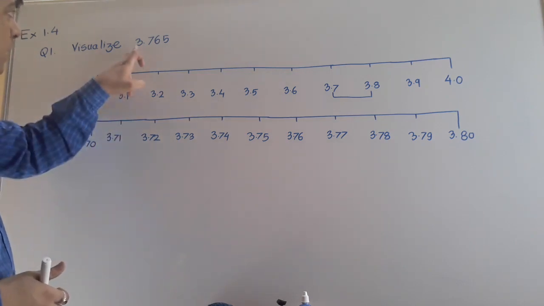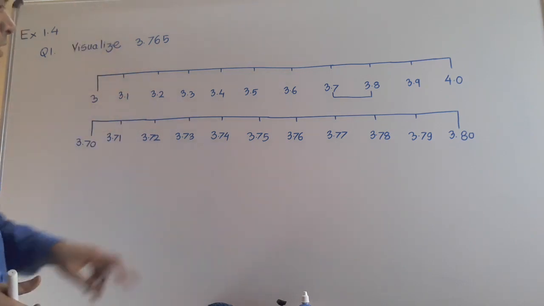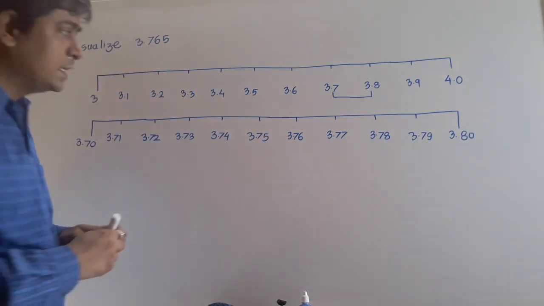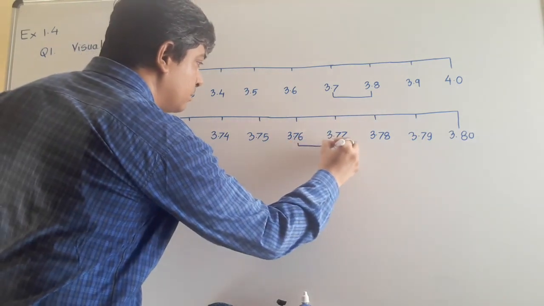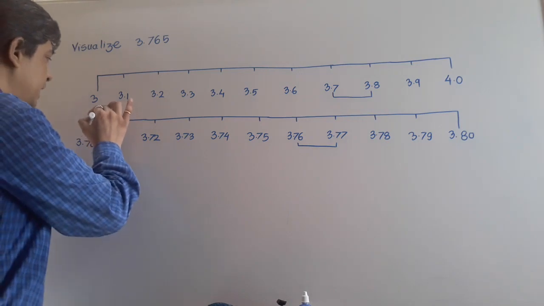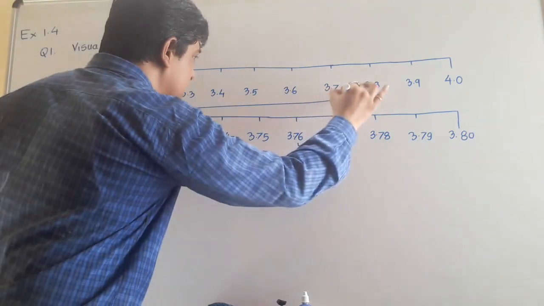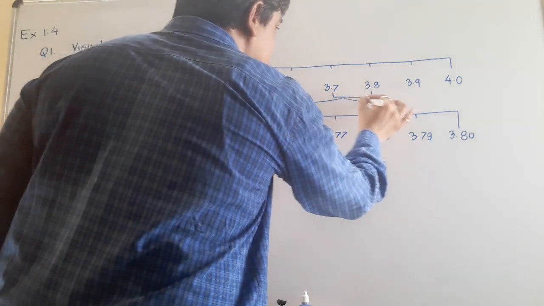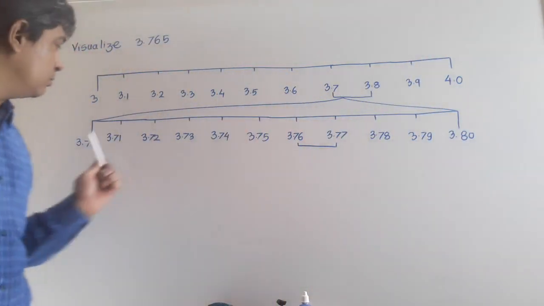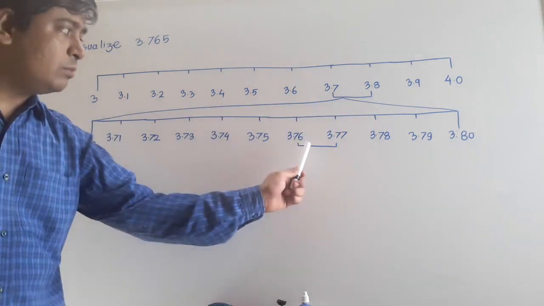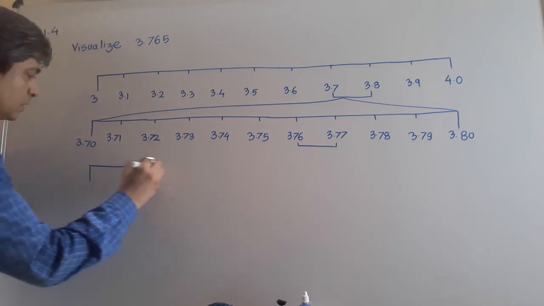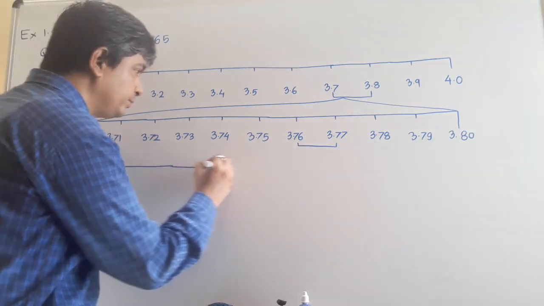Now my number is 3.76. So 3.76 is coming here, but the number is going beyond 3.76. So I can say the number will come between 3.76 and 3.77. If you require, you can join this one with these two. So actually we are going to magnify these two numbers on the number line. Now we shall magnify this one. So again I will draw one more number line onto the paper.